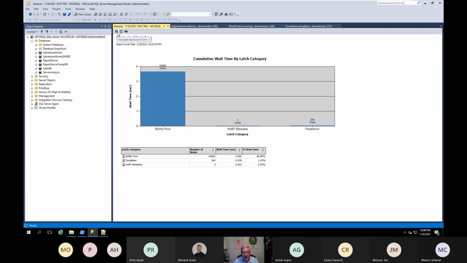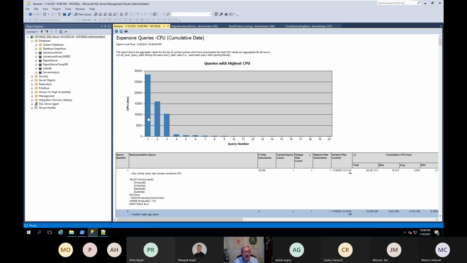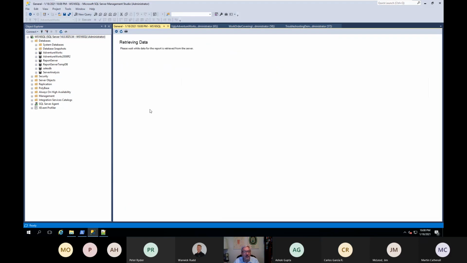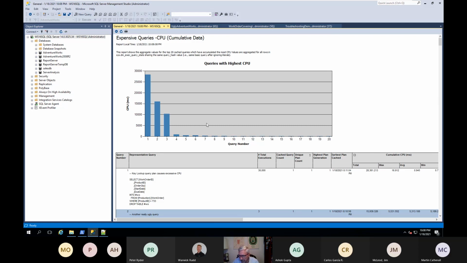I haven't seen much difference from this, but I tend to pick most expensive queries by CPU, and you notice number one is that query that's got that key lookup issue, and that coincides with my understanding that key lookups are generally bad for CPU, right?